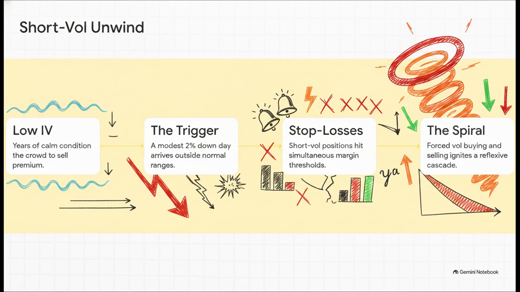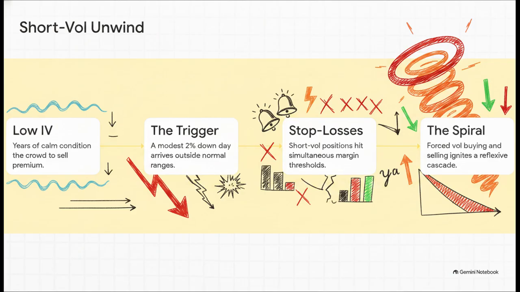Short vol positions, vol targeting funds, and premium sellers hit their margin thresholds and stop losses all at the exact same time. Step 4. This triggers forced vol buying and forced underlying selling. This ignites a reflexive spiral that is completely disconnected from whatever the news is that day. Dealer negative gamma amplifies this mechanical cascade, pushing vol higher and price lower, which then just forces the next tier